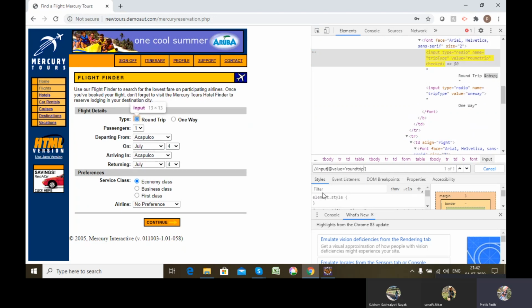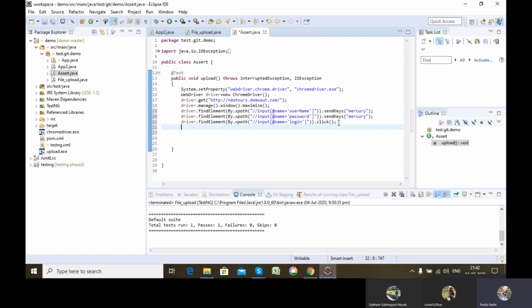So what I can do is validate that after I log in, this particular text is present or not.